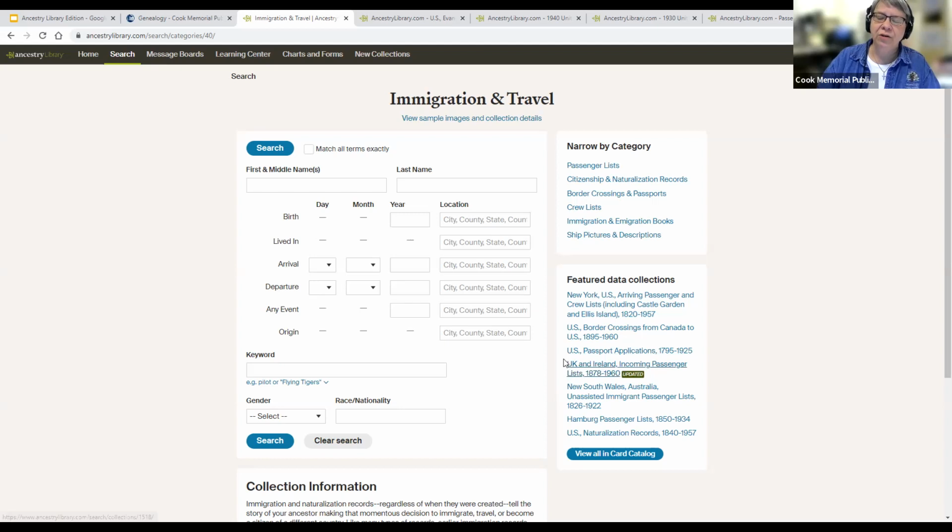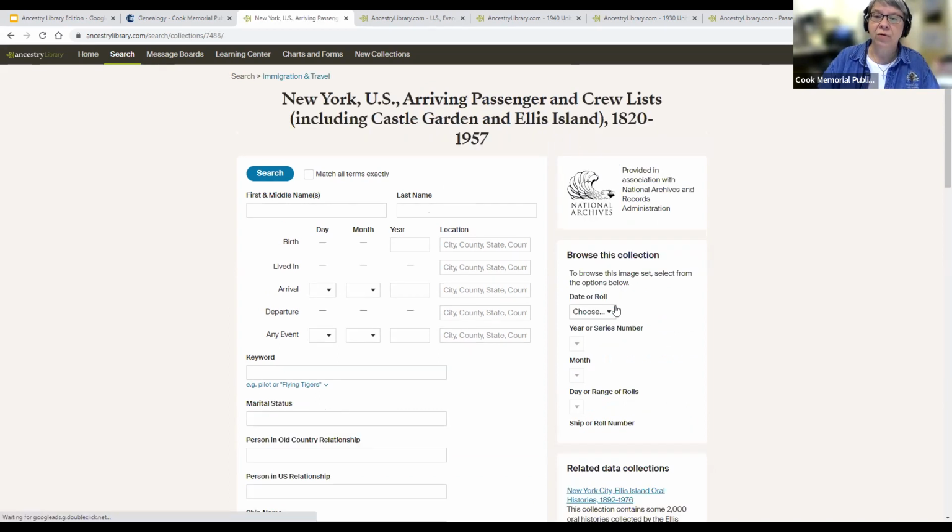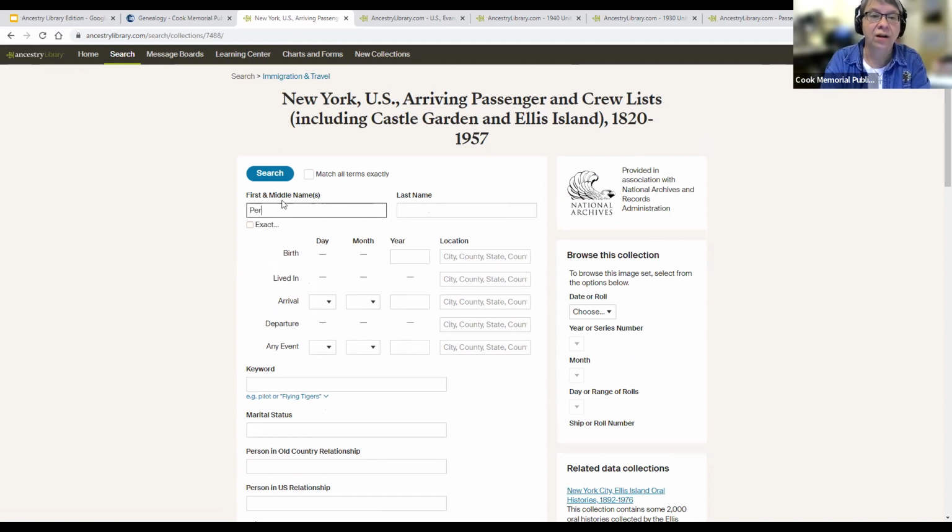If you're looking for naturalization information, this passport applications is a good one to start with, as well as the naturalization records. We aren't going to go into those, but I want to point those out to you. When you click on the immigration and naturalization box there, these are two record groups that you will want to look into. I want to go into here, though, the New York passenger list, and just show you what a